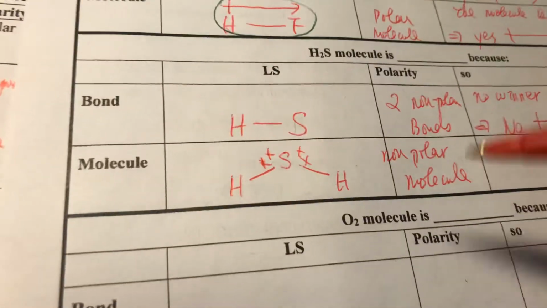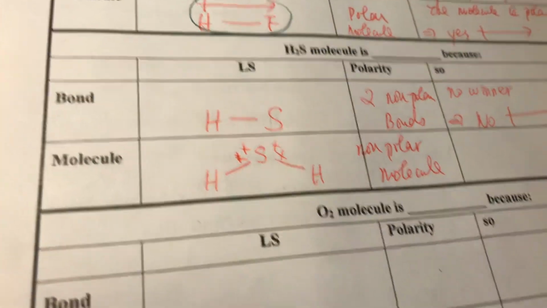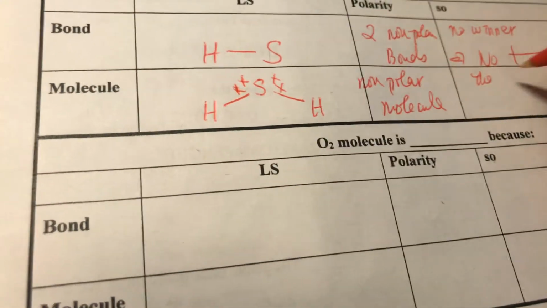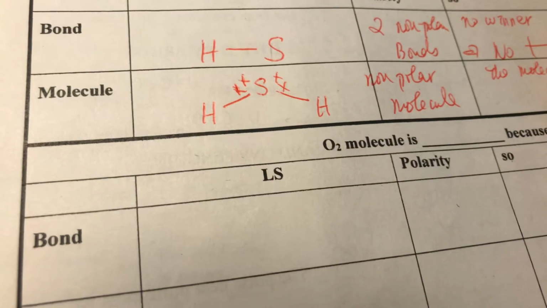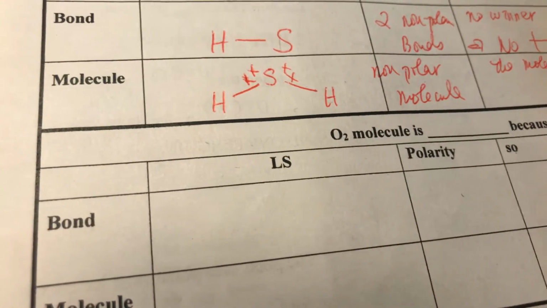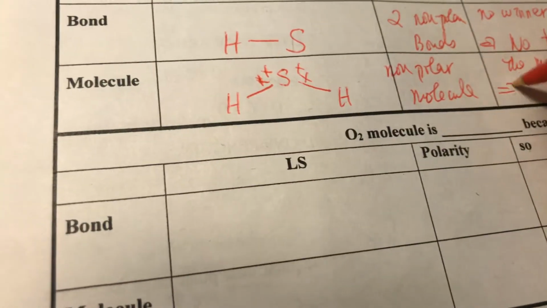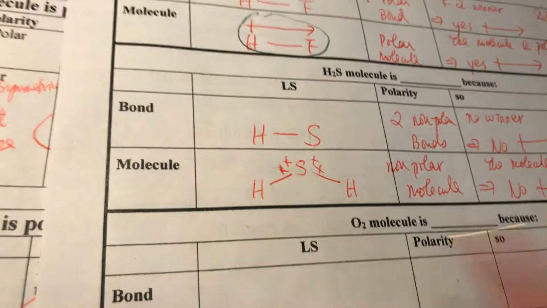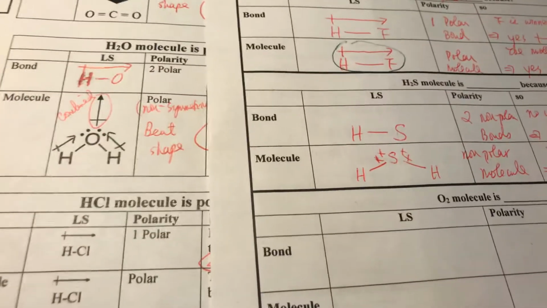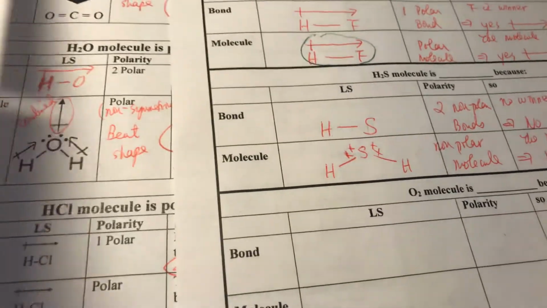Okay, because I don't have any dipole, so no winner. So then the molecule is non-polar. So I also draw no dipole on the whole molecule. You see that for the whole thing, I draw nothing. If you look up here, if you compare,